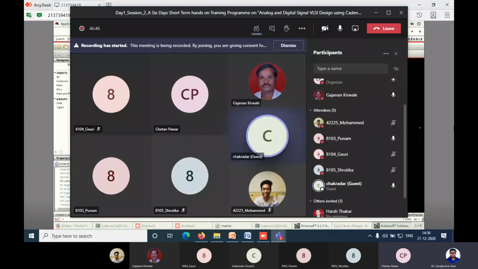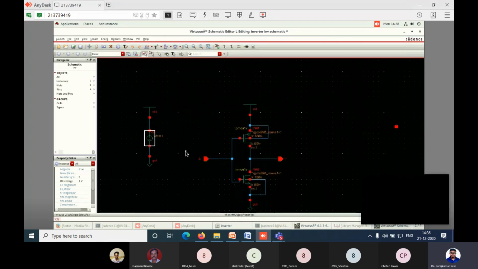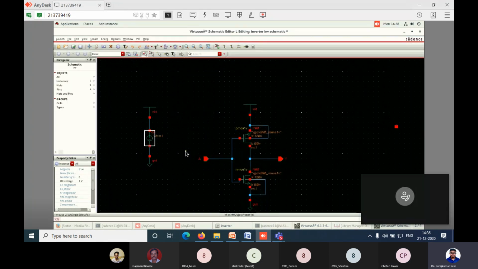Yes, sir. Okay, fine. We are completed with our schematic. Sir, we don't give VDD equal to 5 volt as it is the lowest technology of 90 nanometer. It will take from 0.8 volt to 1.2 volt. So we have put the standard value at 1 volt, right? We do not give 5 volt and all. So we have put it here 1 volt, right?